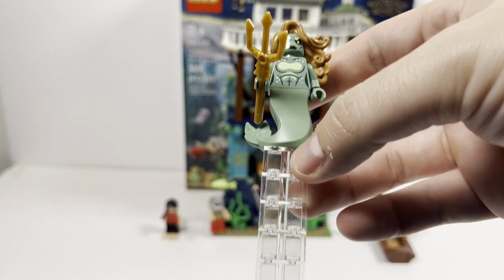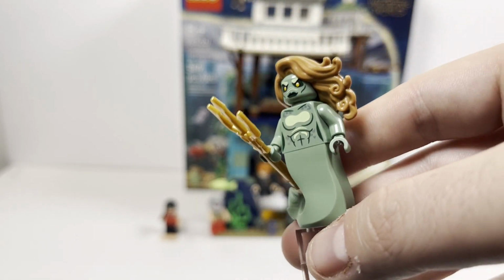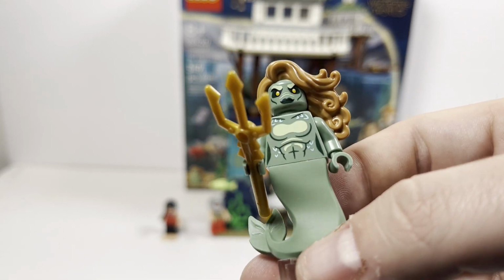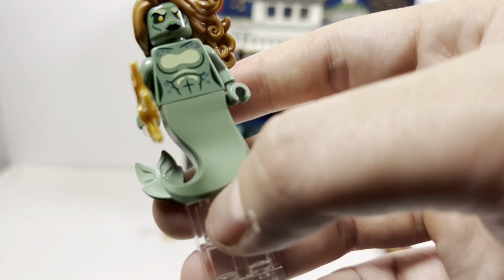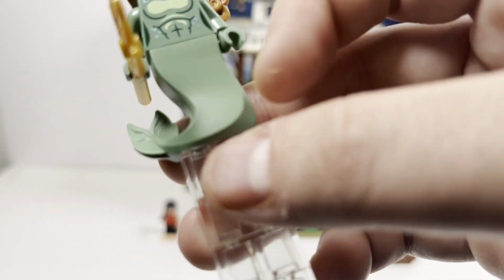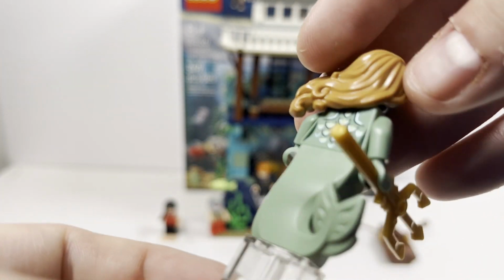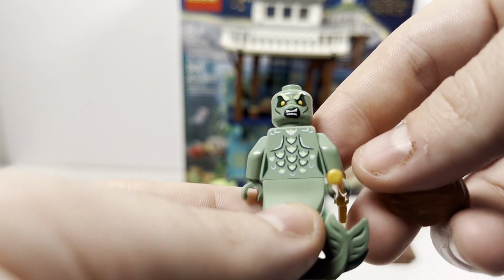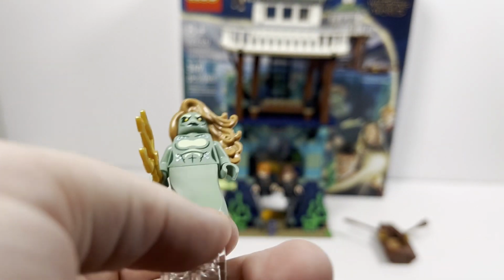Our first minifigure included is a merperson, so a very cool design, obviously meant to be like a mermaid, but a bit more evil, I guess. Definitely captures that look on this figure. Definitely very cool design overall. Love the face print, and then the torso print also looking excellent. And then this really cool mermaid tail piece that I don't believe is new, but it might be. Either way, I think it's absolutely really cool. The back print, as you can see, with the scales looking nice, and then you're also given a double-sided face with it being more angry versus it being more stoic and waiting for someone to dare try and rescue